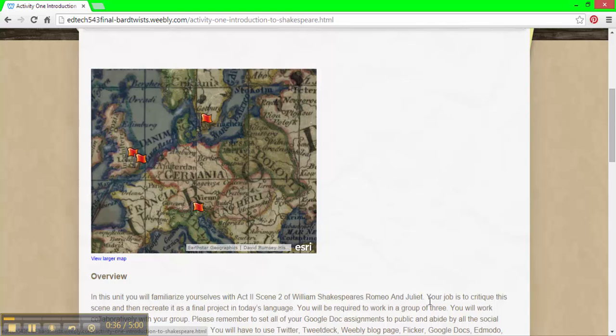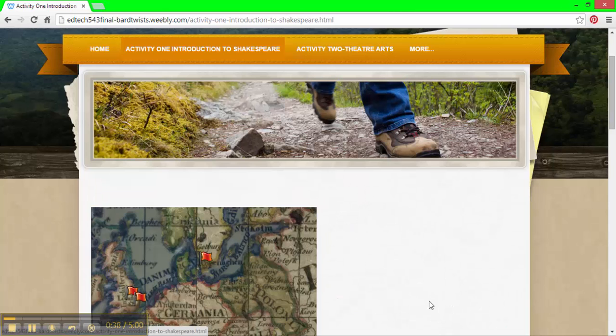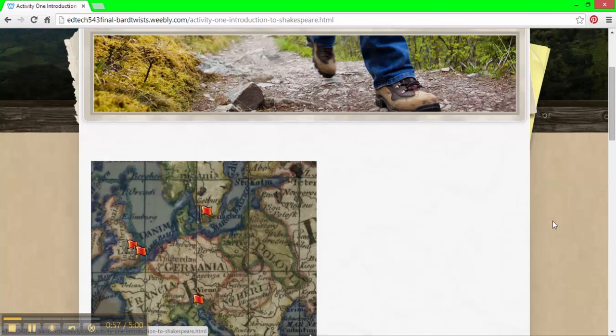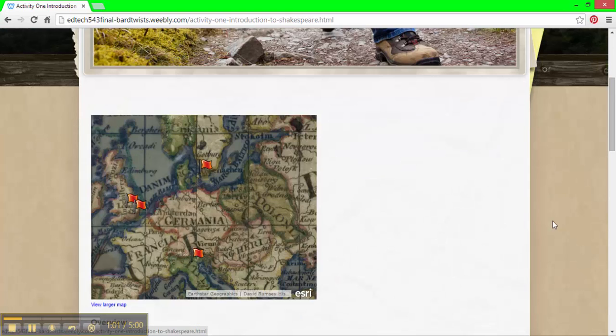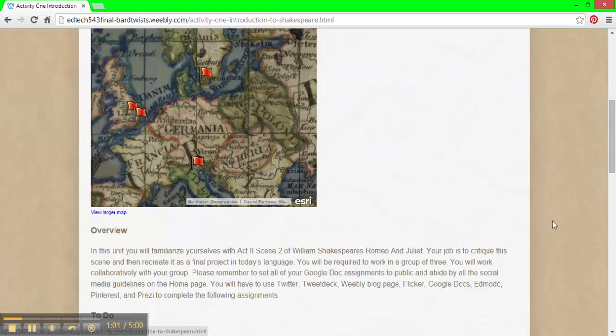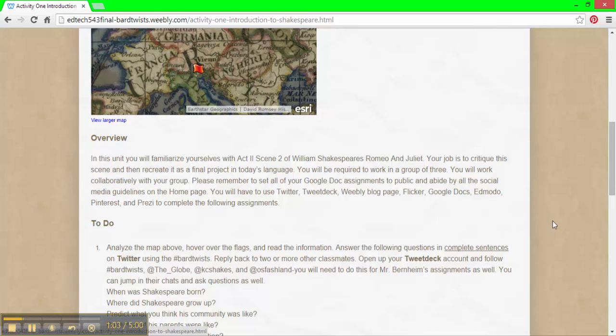I think you do a great job explaining the 3 different activities that you want the students to do. I like that with activity 2, you include a rubric and you include a timeline of what you expect the students to accomplish and when you expect them to accomplish it and how they're going to be graded on everything. So I think that's really good. My only concern with the assignments is that